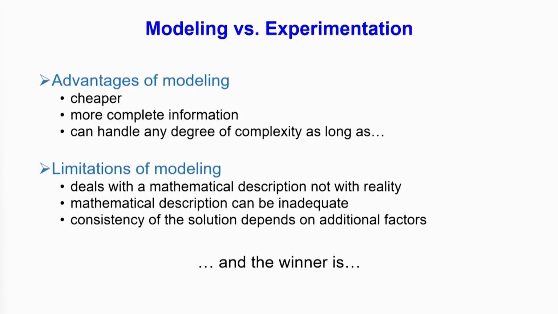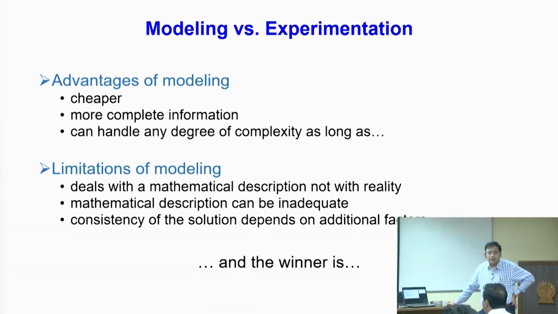Modeling is cheaper in a sense that it is running in a computer, and computational facility, with either your individual resource or shared resource, does not cost as much as a very high end sophisticated instrument and its running cost. And you get more complete information because you get point to point variation of all the variables which you want to solve. That kind of thing is very difficult to get in any experiment, but some you can definitely get, though not so easily. And it can handle any degree of complexity, as long as there are so many ifs and buts,